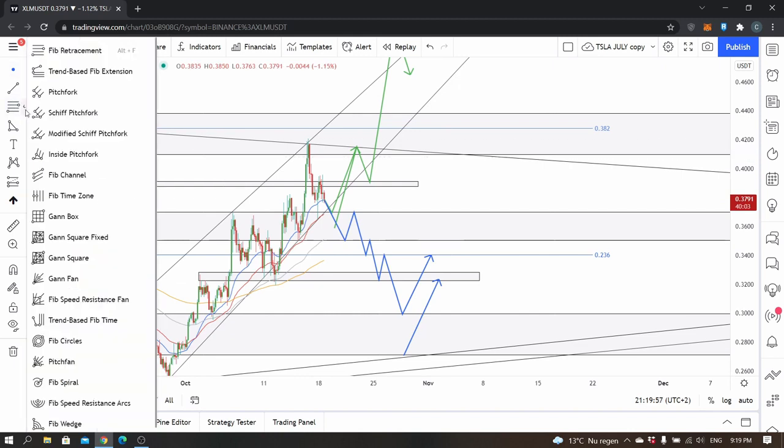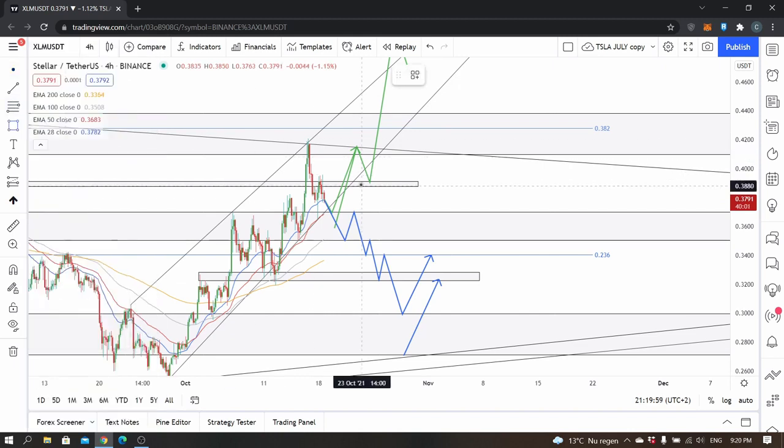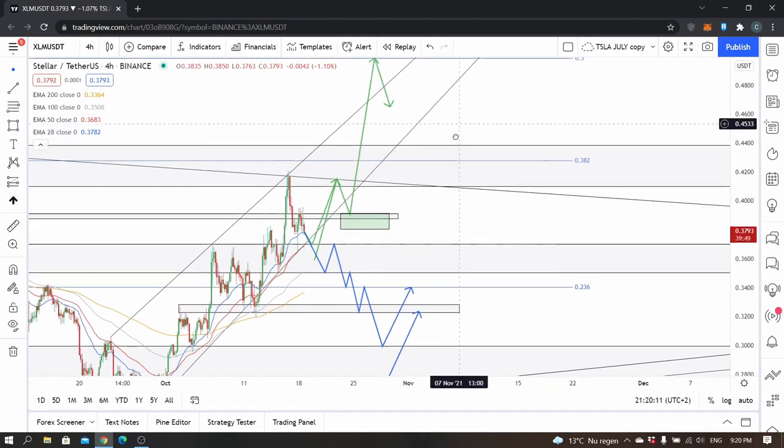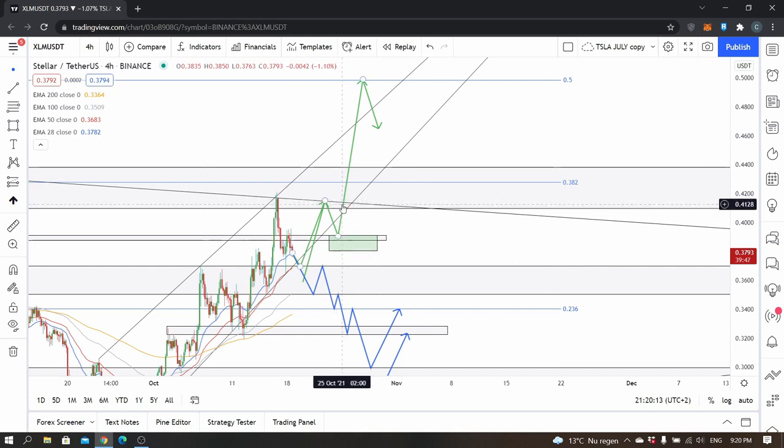that full area. So let me draw that out real quick for you. I think then in this scenario that area might need a couple of bounces off of it, but that would be strong enough to actually break through this trend line, and with that the triangle. And if it breaks through, it might find some resistance here at 42.80 and even at 43.70, but ultimately I think it will break through.